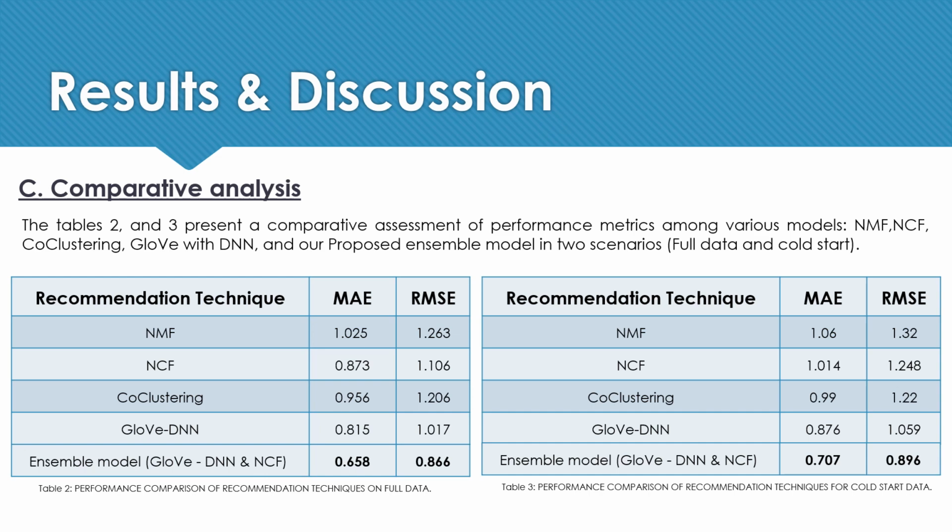This result signifies superior predictive accuracy compared to individual methods. While neural collaborative filtering and GloVe DNN models also perform well, they exhibit slightly higher error metrics than the ensemble approach. Shifting focus to the data for cold start scenario in Table 3, where techniques are evaluated in situations with limited or non-existent interactions,